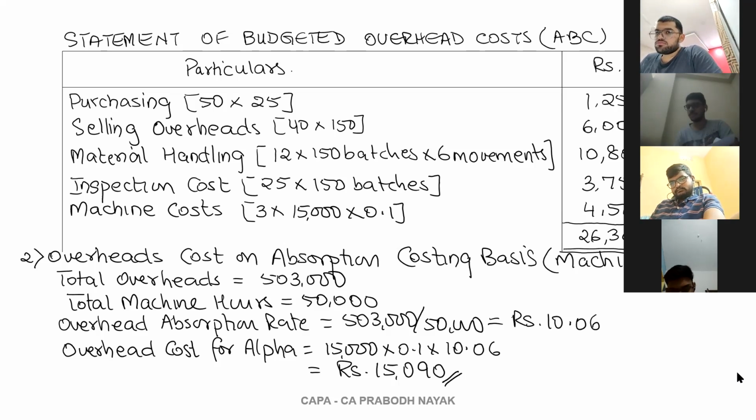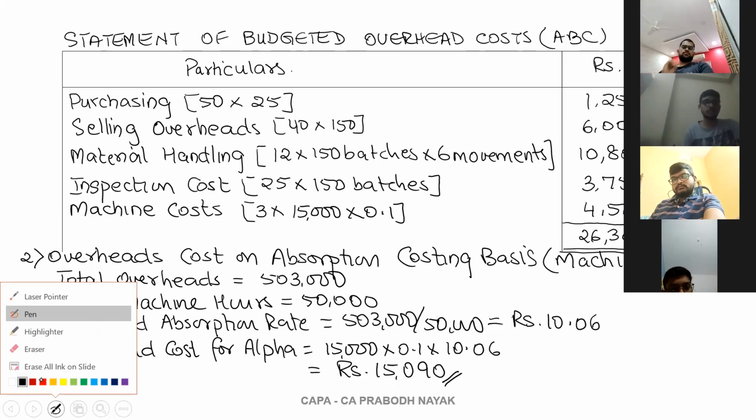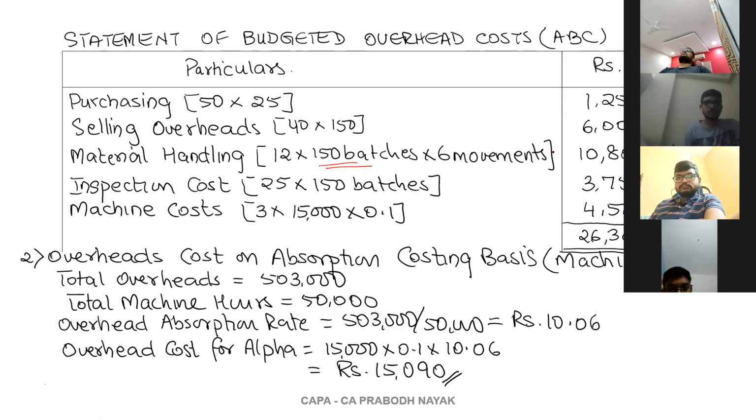If the number of batches is reduced, for that to happen I have to increase the size of the batch. So if the number of batches is reduced, this cost is going to reduce because the number of batches is coming in. What else? These two costs I can reduce by increasing the size of the batch, reducing the number of batches. What else can be done?